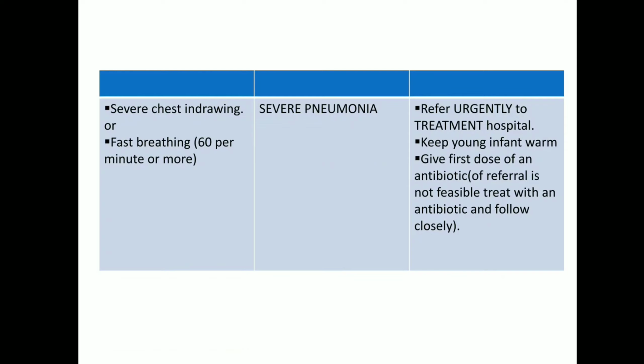And the second, how you can classify the child as having severe pneumonia. Same as in adults, for the age group 2 months to 5 years, there are 4 types: very severe disease, severe pneumonia, pneumonia which is not severe, and no pneumonia. And in the children also there are 3 types: very severe disease, severe pneumonia, and no pneumonia or cough or cold. How you can classify that the child has severe pneumonia: when there is chest indrawing and fast breathing, more than 60 breaths per minute, you can classify the child as having severe pneumonia.